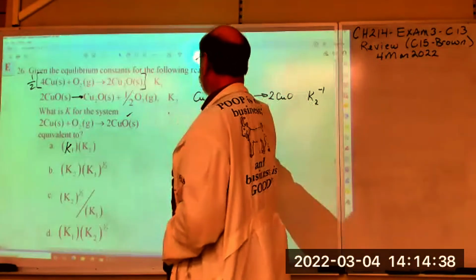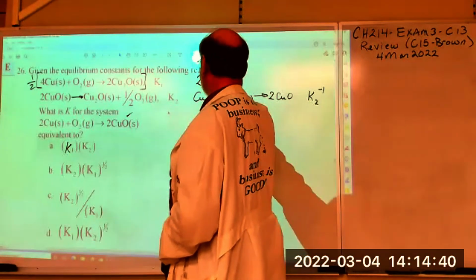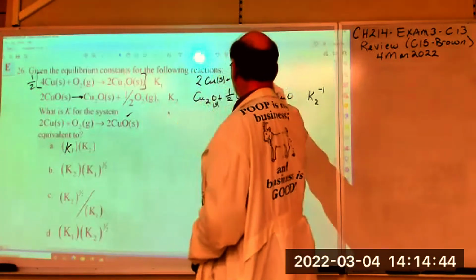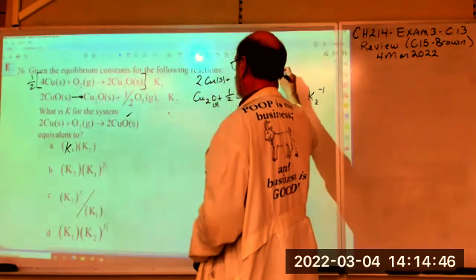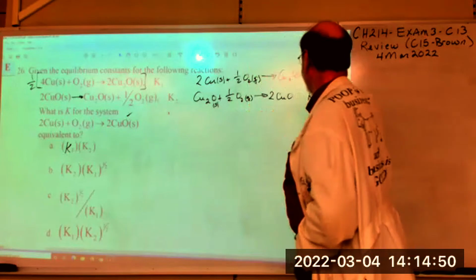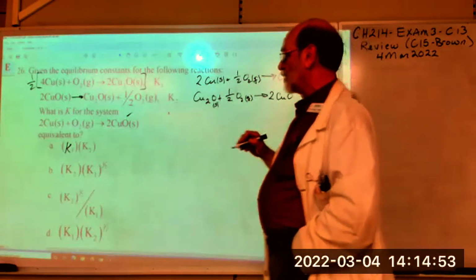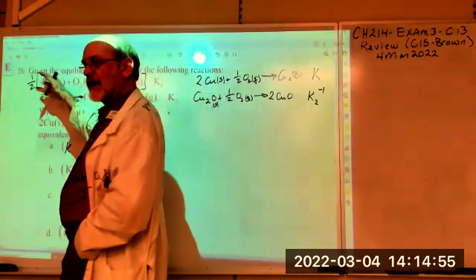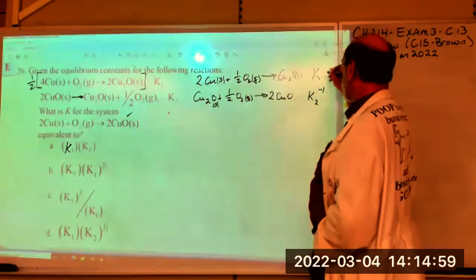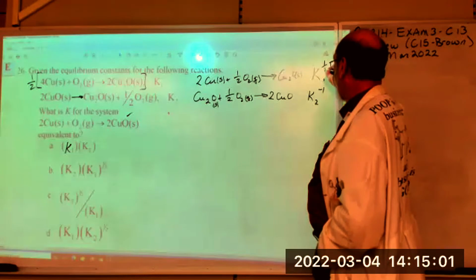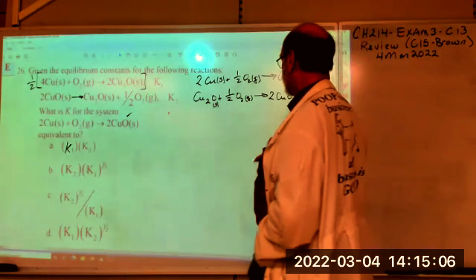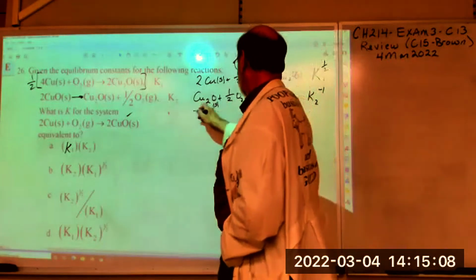That should give us 2 Cu plus 1/2 O2 yields Cu2O solid. And now what's our K? When you multiply by a constant, that constant becomes the power of the K. So it's K1 to the 1/2 power, right? Okay, so let's see, does that give us our